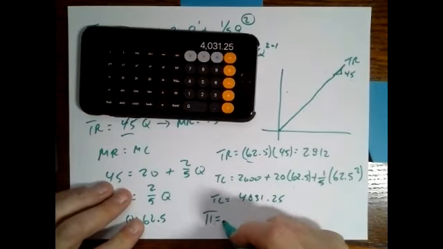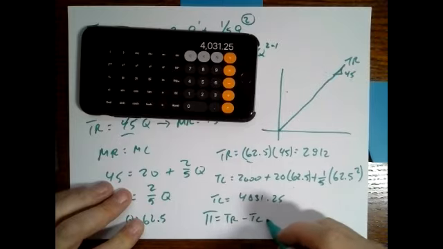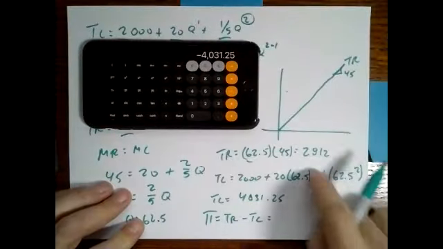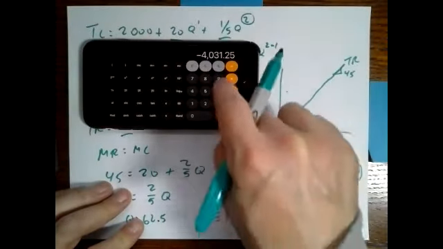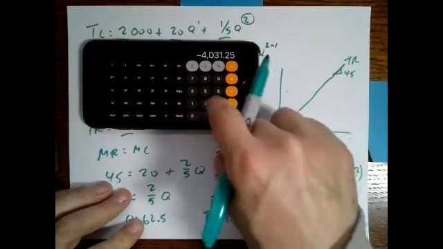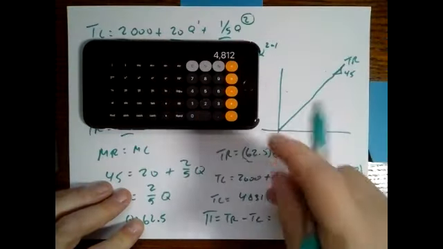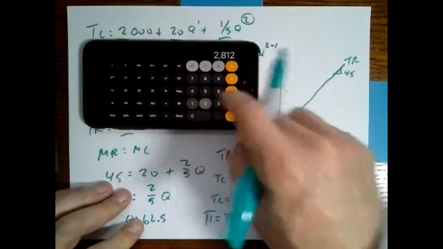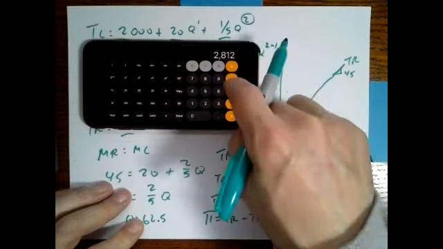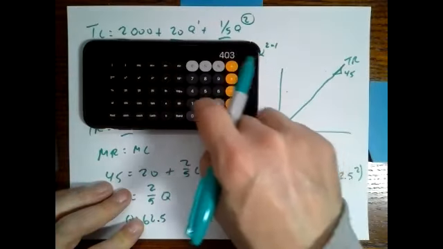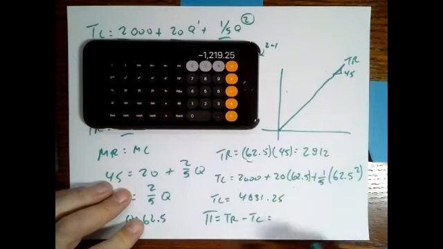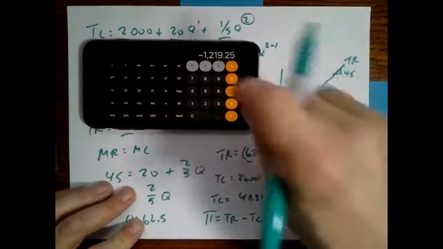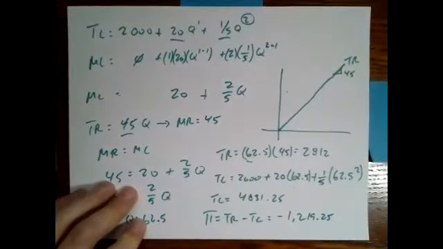So total cost is 4,031. Profit is total revenue minus total cost. Our total cost is 4,031. Our total revenue is 2,812. So I'm making the cost negative, and I'm going to add 2,812. Whoop, what went wrong there? Okay, we'll try it the other way. Calculator doesn't want to cooperate. 2,812 minus 4,031.25, and you get a loss of 1,219.25. And you say, how is that possible? Well, it's possible